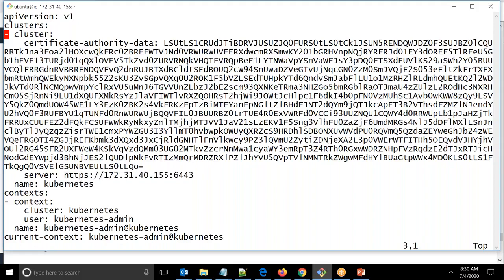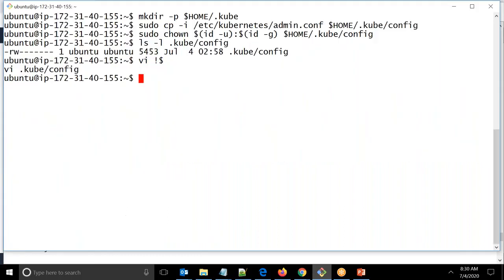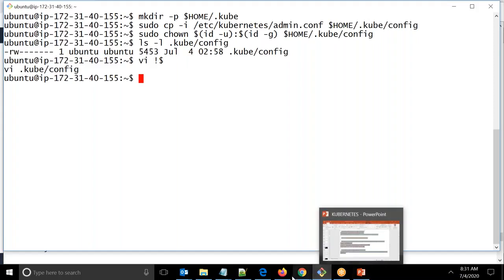Those kinds of things are what we call roles or service accounts. But for now, just remember that we are copying this file, and because of this file we are able to call kubectl and communicate to the master, and from the master the API objects will be reachable for us. Okay, so now all you did was initiate a cluster, get a token, and then go to your user and copy this file. Okay, then once this is done,